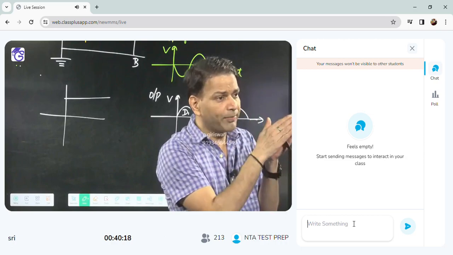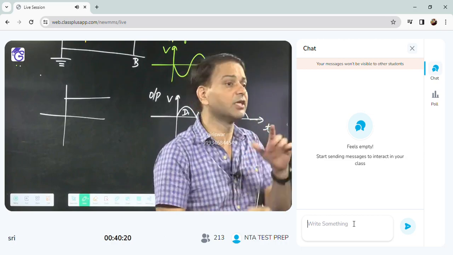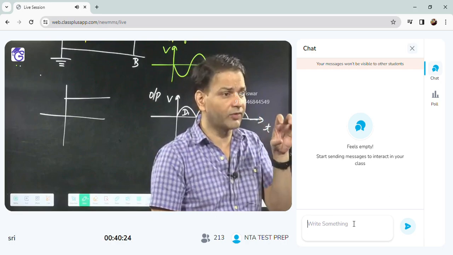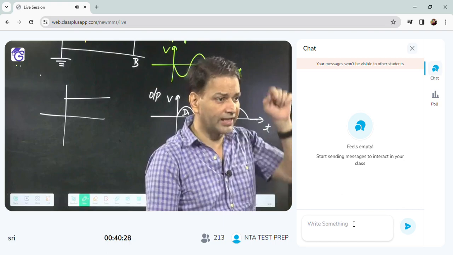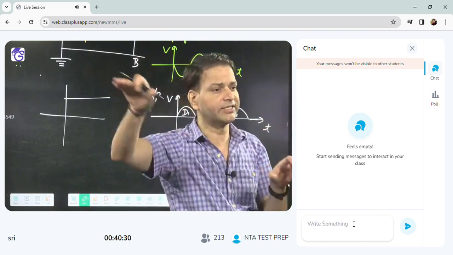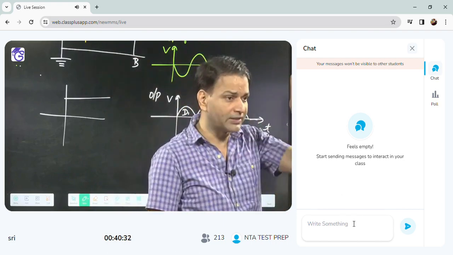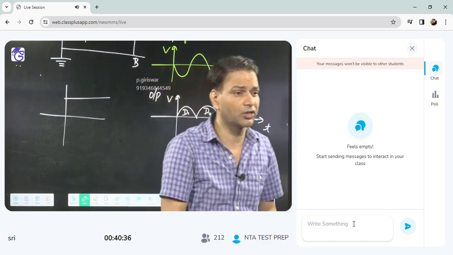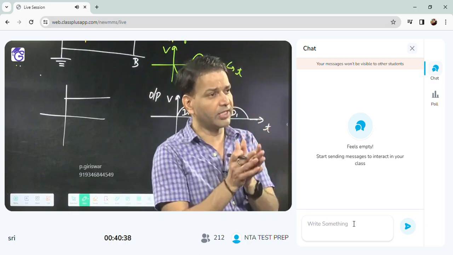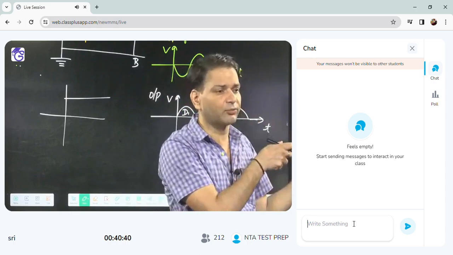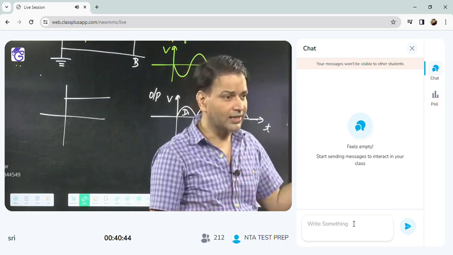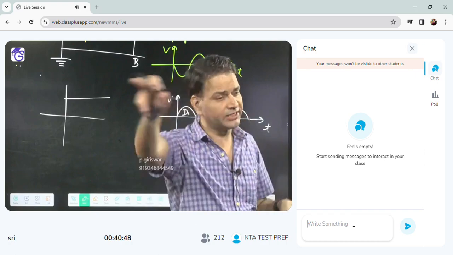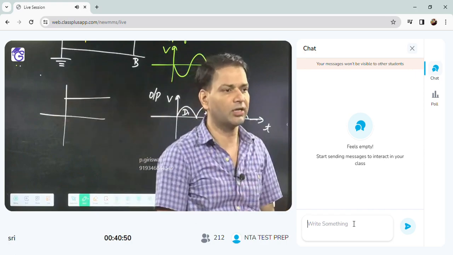So when the combination of AC and DC means DC with ripples is going, what the filter capacitor will do is take the AC component and send the DC component to the load. So the AC ripples get filtered out. This everybody got or not? So in the filter we can use the capacitor. That capacitor we have to connect in parallel. So that capacitor will do what? It will take the AC component, it will take the ripples, and the pure DC it will send to the load. Okay.